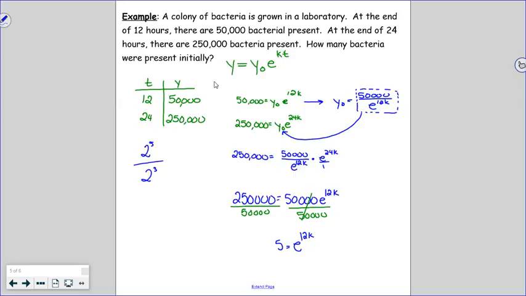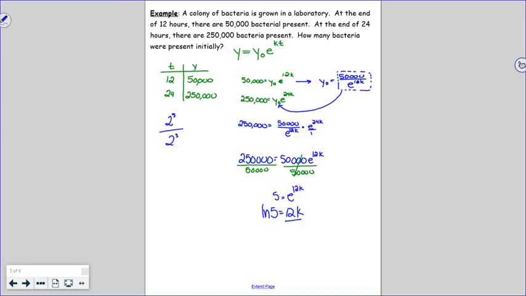Okay. Flip to logarithmic, right? It's an exponential equation. To solve an exponential equation, to solve for the exponent, we flip to logarithmic. Log base e, which is going to look like natural log of 5 equals 12k. Natural log of 5 is just some number, which your calculators will tell you, divided by 12. And we get